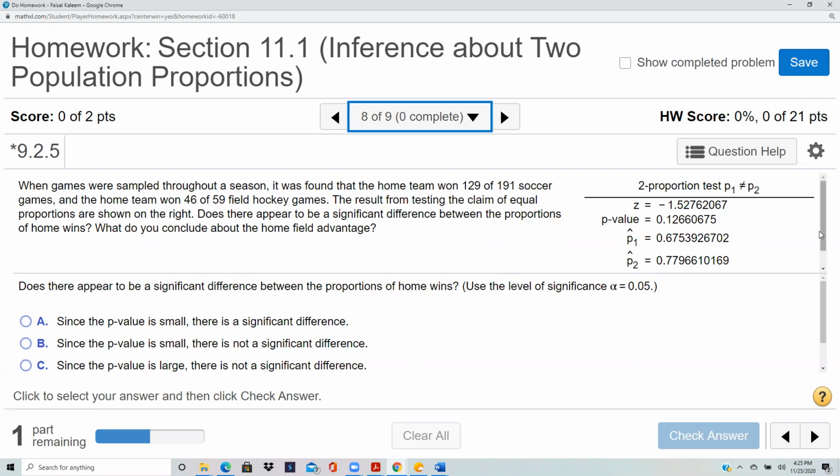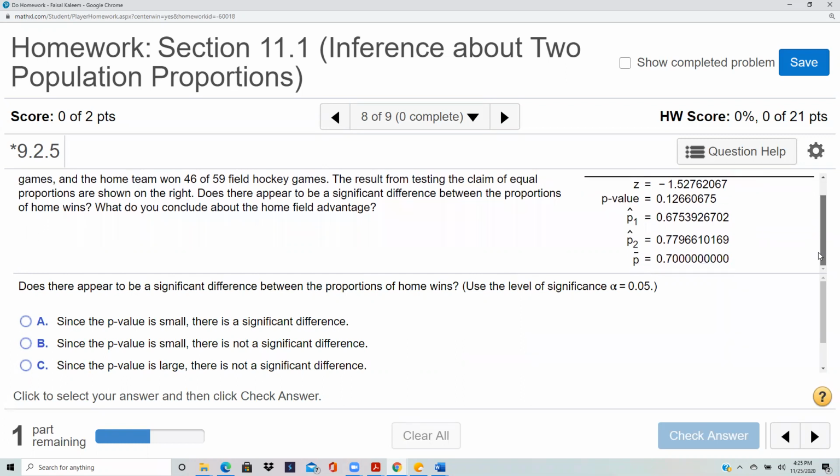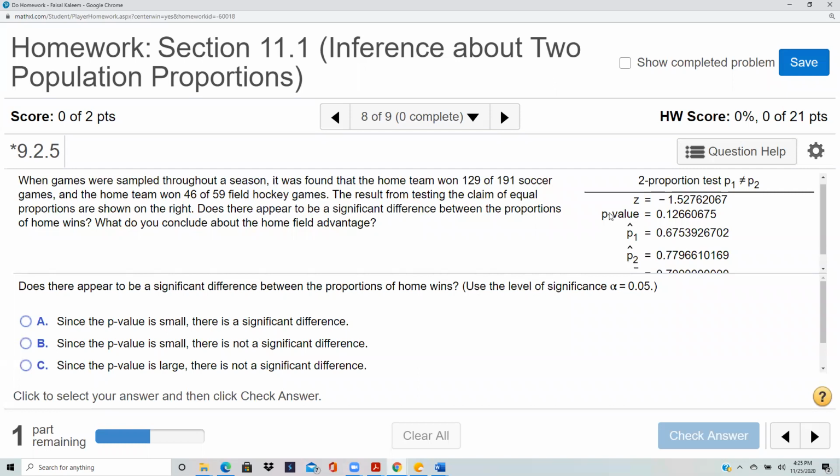Okay, so if you look here, they actually give you everything. They give you the p-value, which is the main thing we need in order to do our hypothesis test. And they have a typo. It should be an uppercase P, because the lowercase p is reserved for proportions, but since they have the word value beside it, we know that it's the p-value. So the p-value is 0.126 and the alpha is 0.05, so p is bigger than alpha, so you do not